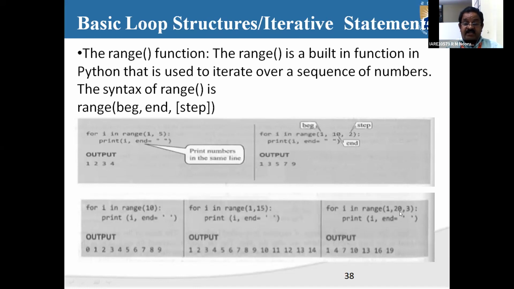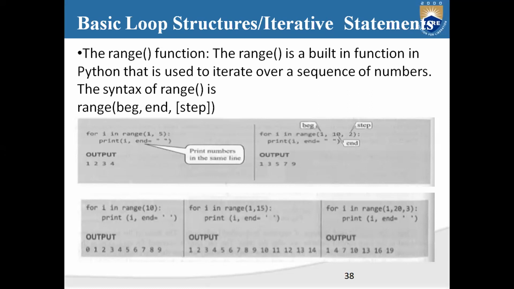For i in range(1, 20, -3), is it valid or not? No, sir. Not valid. Why is it invalid? Then if that is the case, how do I have to give the statement? It should be 20 comma 1 comma minus 3. What? 20 comma 1, right, comma minus 1 comma minus 3. Right. That's the initial